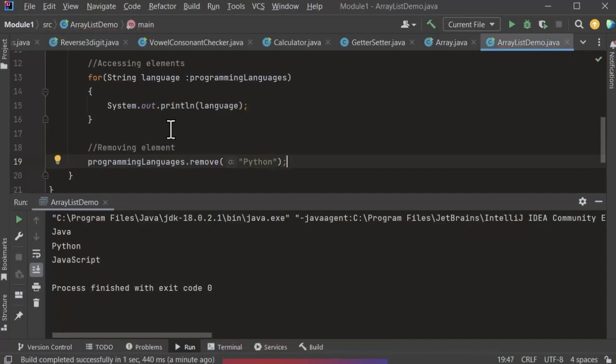And when we are removing, definitely we want to check the size. So check the size.